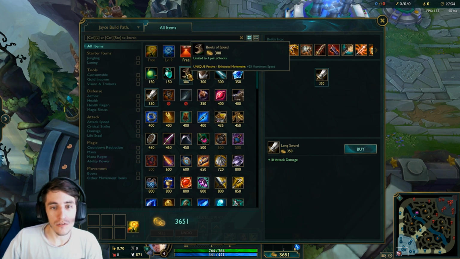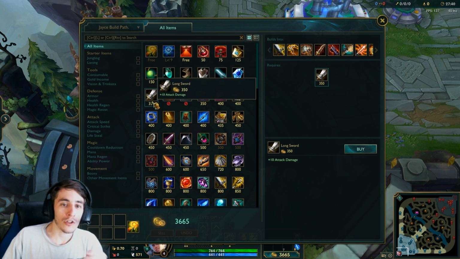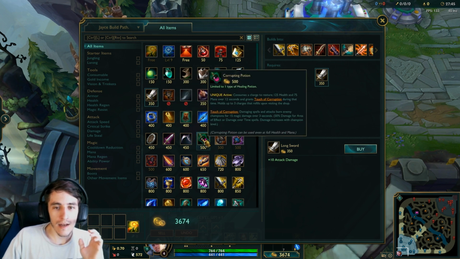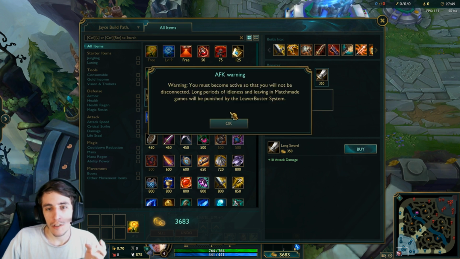free pair of boots, a corrupting pot upgrade if needed against a laning phase that is sustainable for you, or you can spend more gold towards more attack damage. So essentially the same concept with corrupting pot. If you start corrupting pot, you are